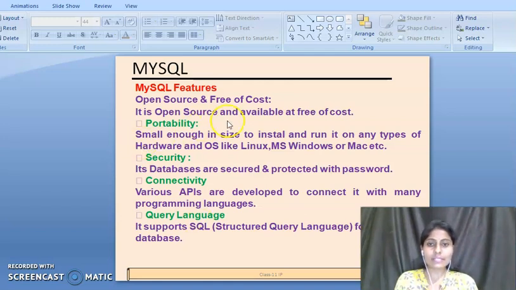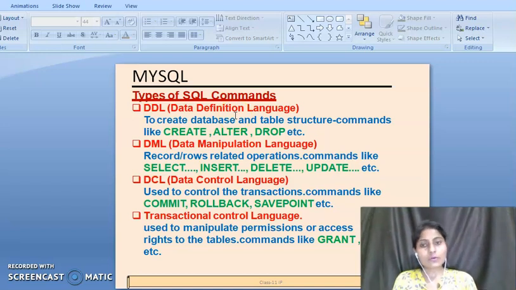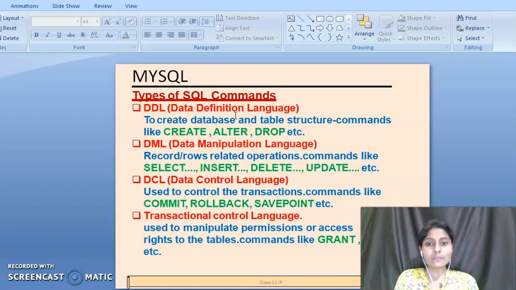After that, we will discuss the types of SQL commands. Students, first of all you were introduced to what SQL is. Then you were introduced to the example of SQL, the software MySQL, and after that we will introduce the different types of SQL commands.